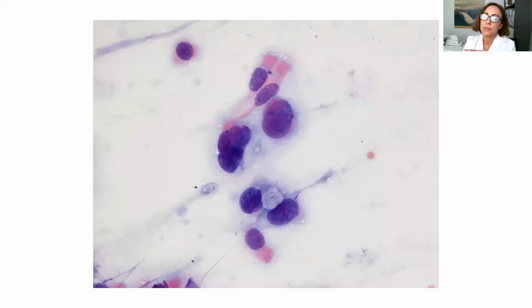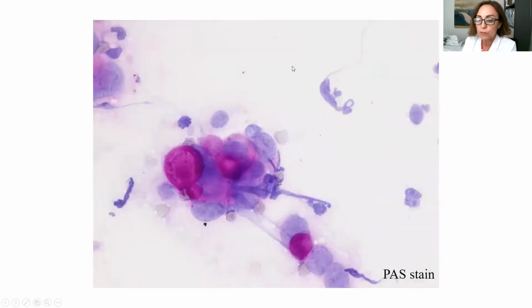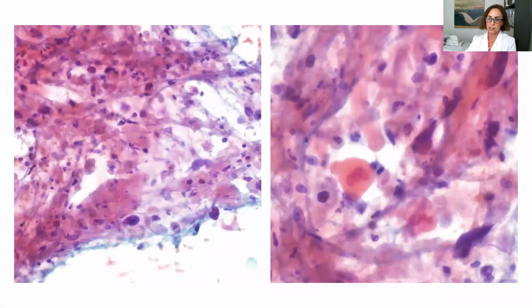But sometimes for us cytopathologists, it's very easy to diagnose cancer by cytology. Look at this case. This is 1, 2, 3, 4 cells, and with these 4 cells, we can say that this is an adenocarcinoma without any doubt. And look here at the nice bronchial cells with the cilia. If we perform a PAS stain, which is very cheap and very easy, we can see the mucin in the vacuoles of these tumor cells. So sometimes, as you see, it's very easy to diagnose an adenocarcinoma.